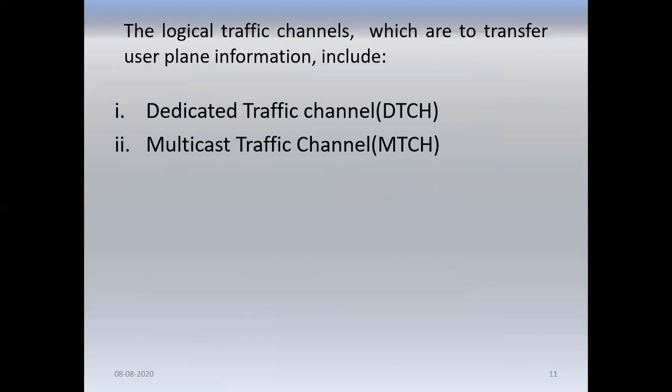As the name indicates, dedicated is for one-to-one communication traffic channels. We can take the example of a landline phone, the previously used circuit switched network, where from the sender, the talker, to the receiver, there is a fixed, dedicated line. So such traffic is established through a dedicated traffic channel. And multicast traffic channels, multicasting is one to many. So here a selected set of people are receiving the same information simultaneously or one after the other. That is done through multicast traffic channels.